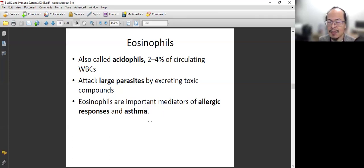So we have non-microbiology, non-microbiome, right? It's not like bacteria or virus or worm, not a living organism. When we have an allergen, like chemicals, components, when they enter the body, they can easily enter because they are so small. Our eosinophils will see them, recognize them, and may respond to them. And so it will induce inflammation, and that's the allergic response. Asthma is one type of allergic disease or allergic response,